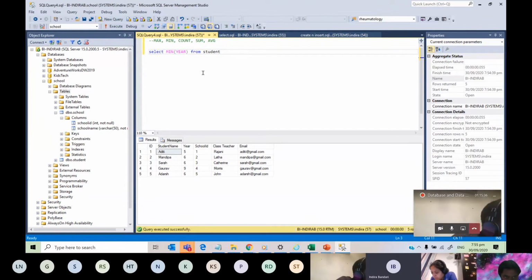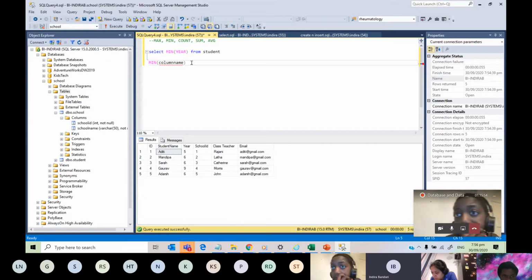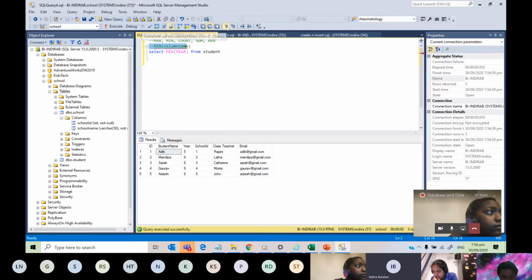Function means you have to start with brackets. Okay, MIN. Within these brackets, the syntax is you will have to give a column name, and that too which is integer. So that is how we use the min function. So I'm just going to put that there and comment it out. So that's the syntax.